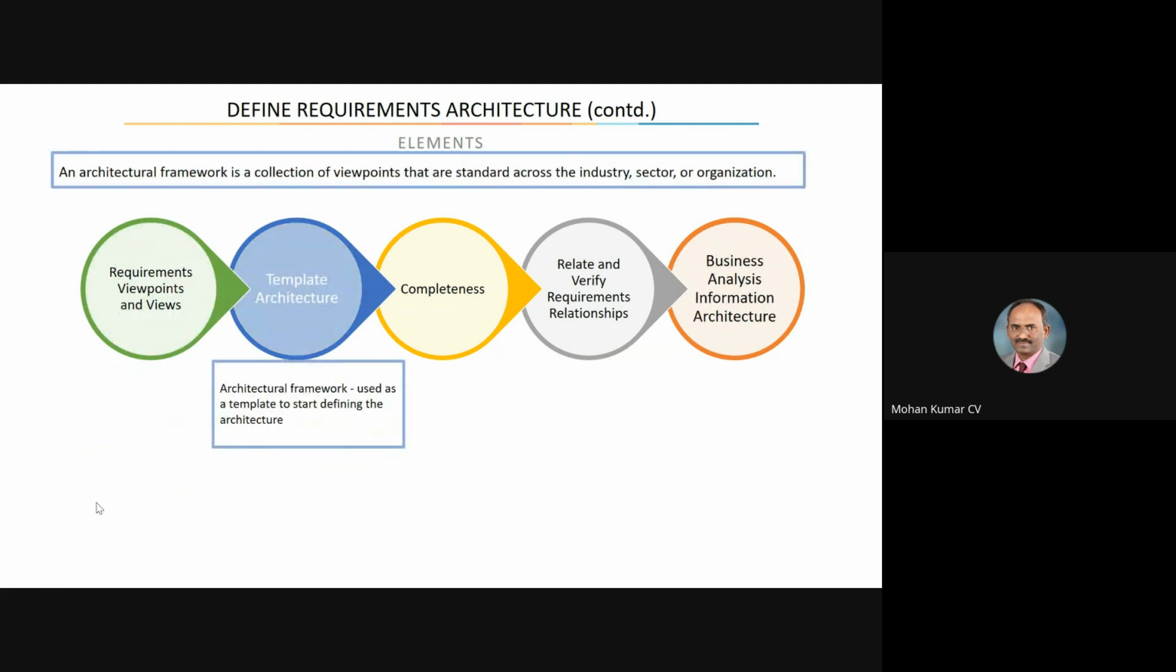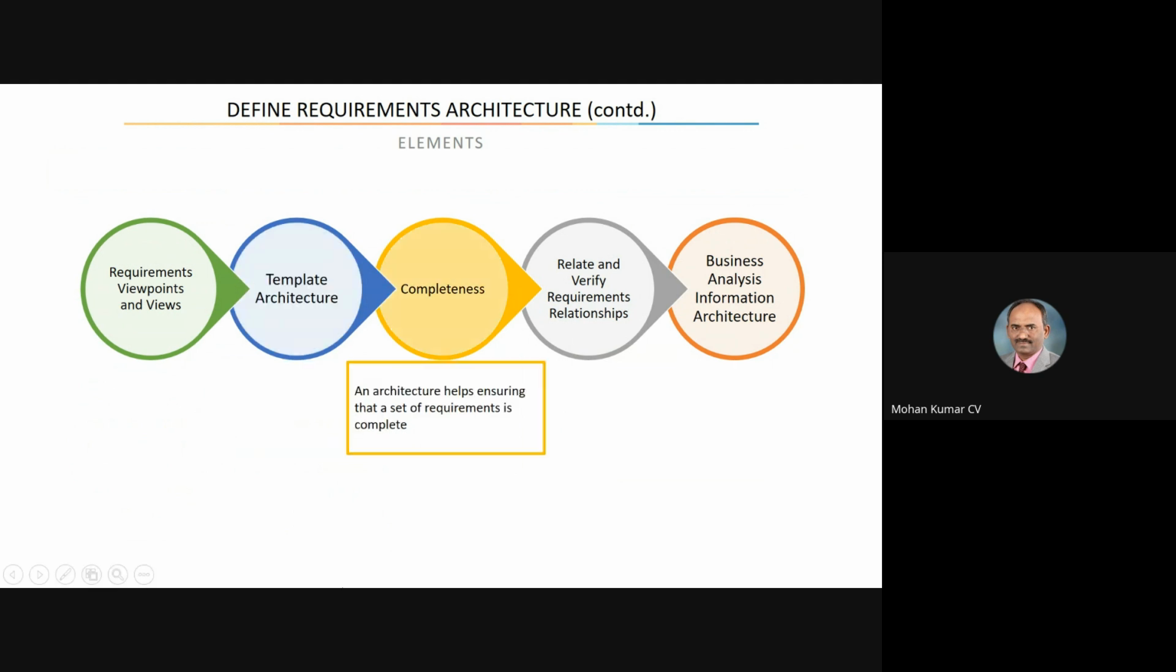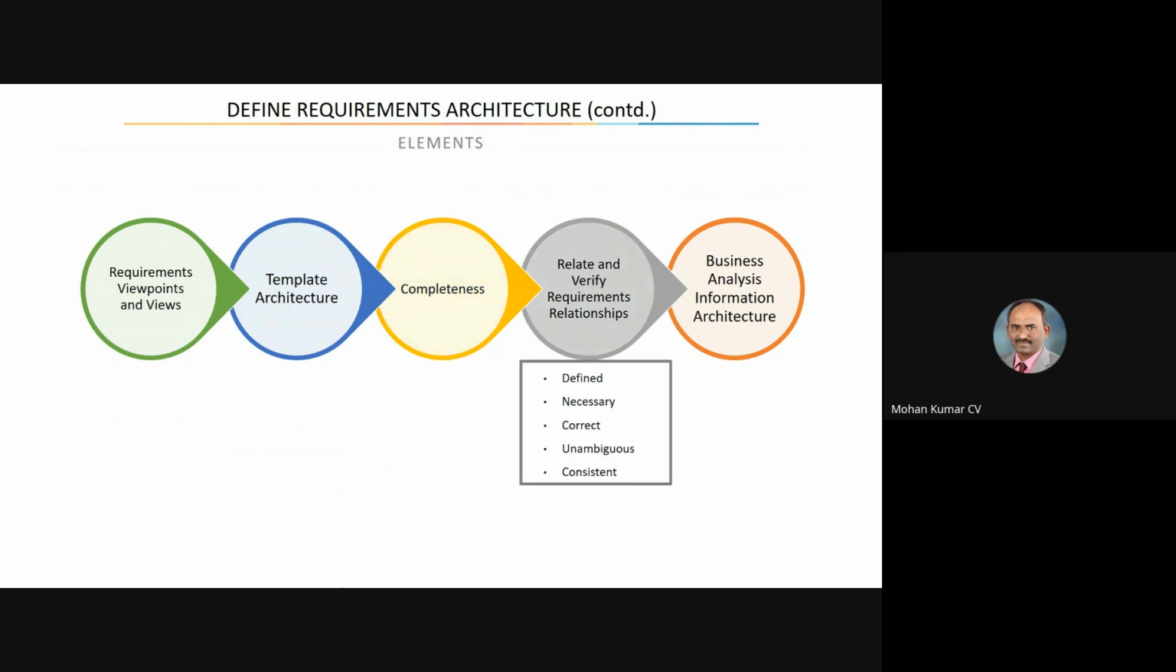Architecture framework is used as a template to start defining the architecture. The completeness of an architecture helps ensure that a set of requirements is complete. Now you define requirements as necessary, correct, unambiguous, consistent, and related, and you verify them, whether they are defined properly or not. So this is stated: they should be unambiguous, because all requirements should be defined properly, and they